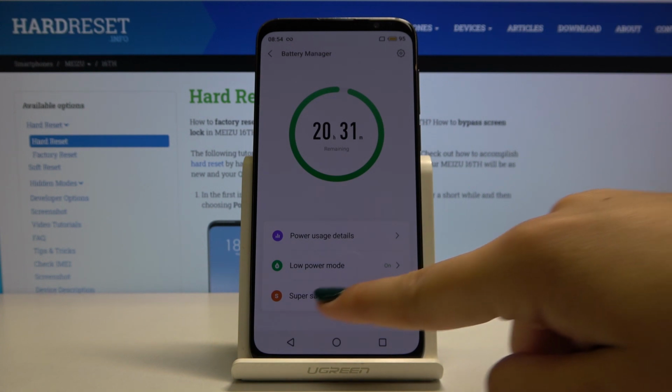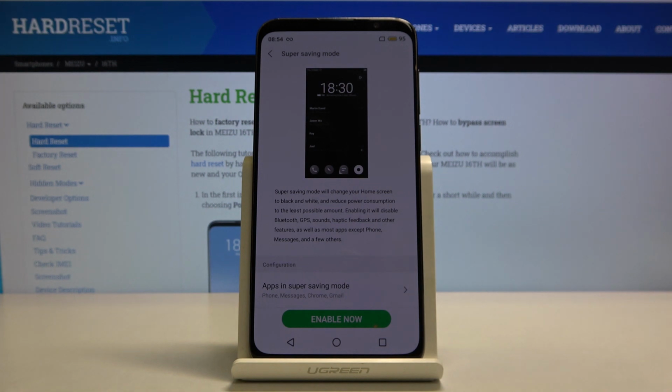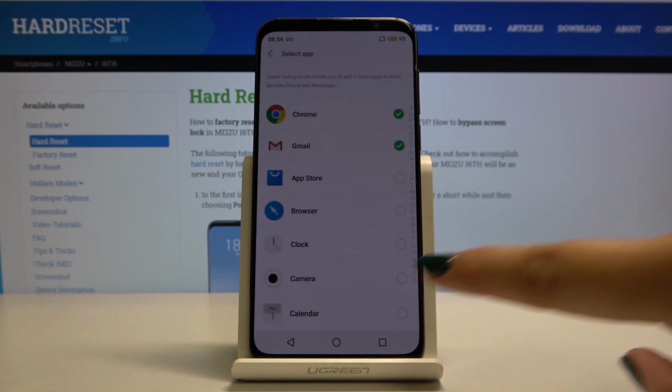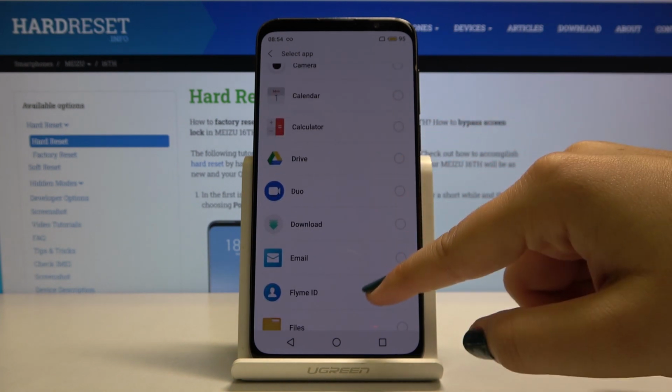We can also choose super saving mode. And this mode will change your home screen to black and white, and thanks to this, it will reduce the consumption. And here you've got the configuration. You can choose apps, which will be available in super saving mode. So let me choose the Chrome, Gmail, and for example,